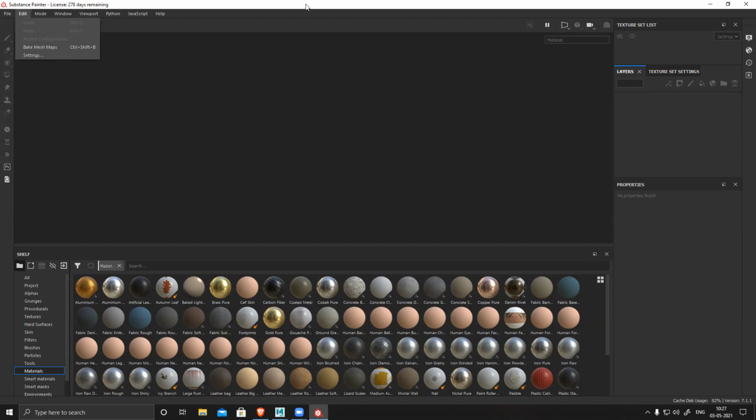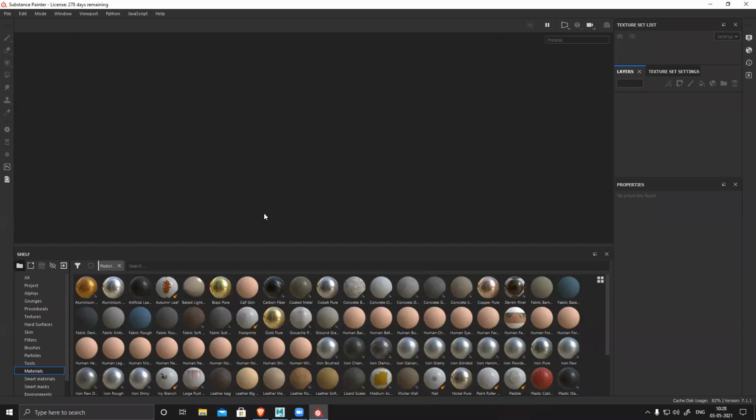Anyways, I'll give you a basic introduction so that even if you forgot something or you're not aware, you can do it. Substance is only and only for texturing. You cannot modify your material. You cannot create or add a new material. You cannot do UV, cannot move things, cannot do anything. It's just software for texturing. Suppose your model has multiple materials, you have to assign them in its native software, Max, Maya, Blender, any software. You have to assign those materials first, then import your model. Then only you will have one material or two materials.